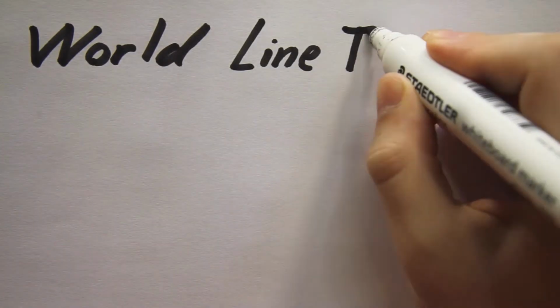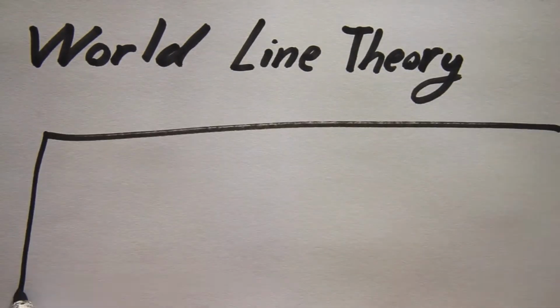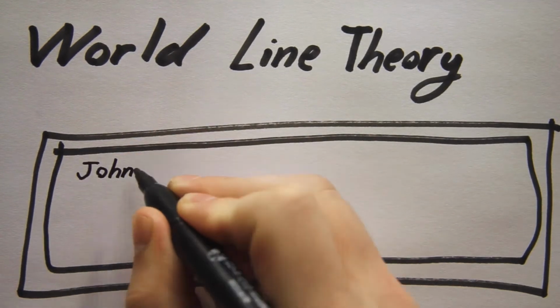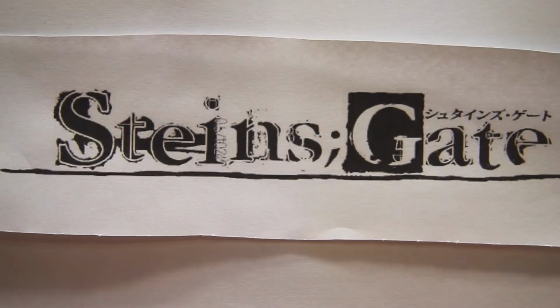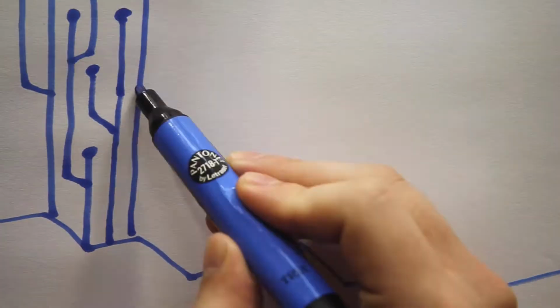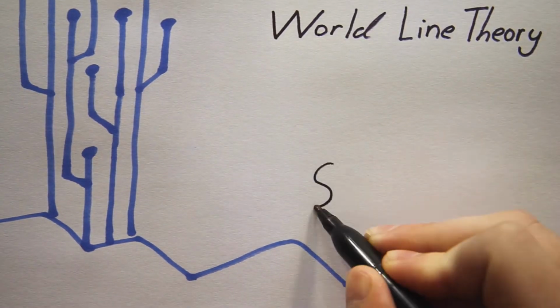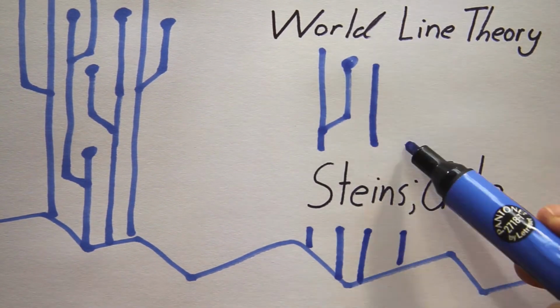Worldline theory is an interpretation of time travel which was shared by an online figure named John Titor, who claimed to be a time traveler from the year 2036. The concept of worldlines was then later used in the popular anime Steins;Gate. Understanding how worldlines work can get pretty confusing, so today I'll be explaining how the concept of worldlines work, with